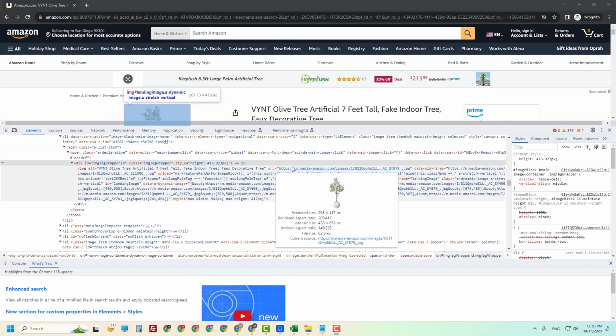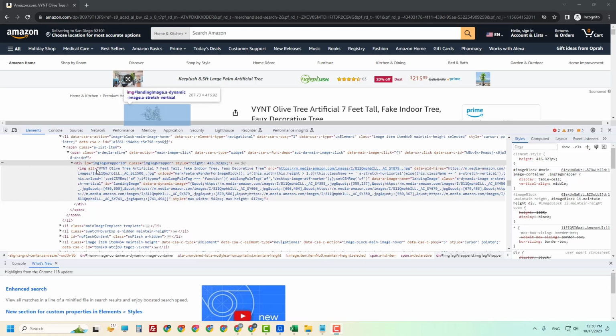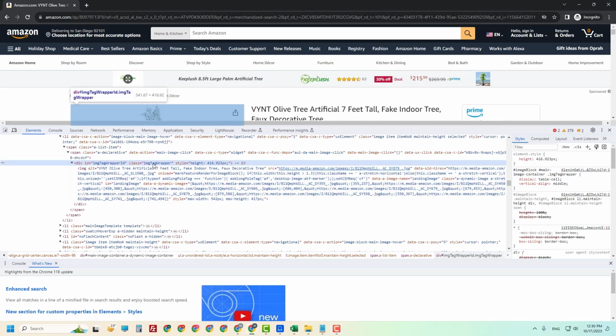And you will see here is the image address. We need to extract here and we need to copy the class name. If we double click it, it will be highlighted. Just copy